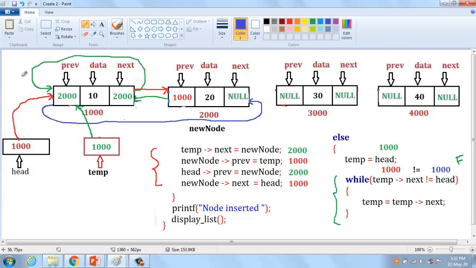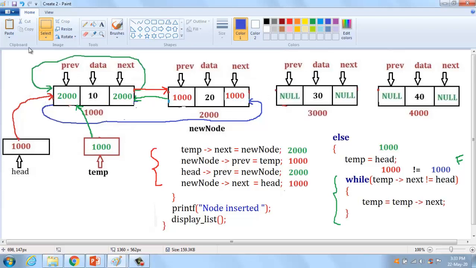How can I change it? Okay, we are going to identify which is this new node next. What is new node next? That is null. It should be changed into head pointer. What is head pointer? 1000. Alright, it should be changed into 1000 here.